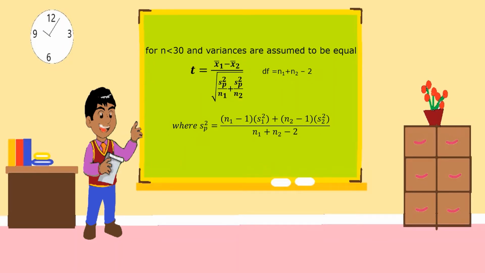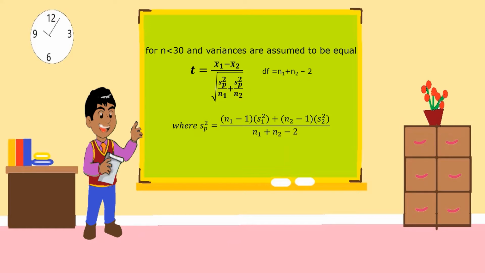For n less than 30, or sample size less than 30, and variances are assumed to be equal, we use the t-test. Here, t is equal to the sample mean of the first group minus the sample mean of the second group, divided by the square root of the square of SP divided by the sample size of the first group plus the square of SP divided by the sample size of the second group, wherein our degrees of freedom is equal to n sub 1, or the sample size of the first group,